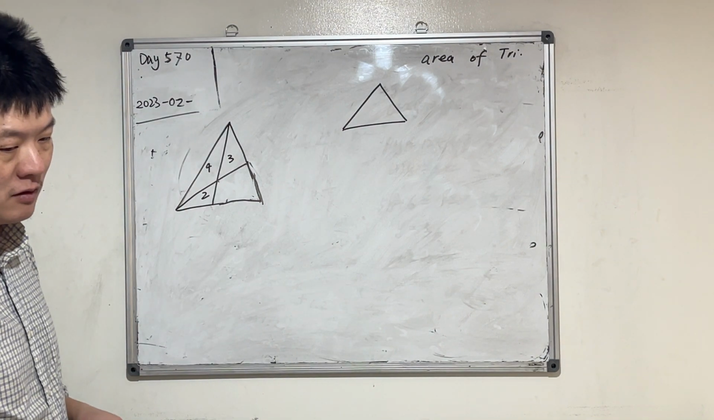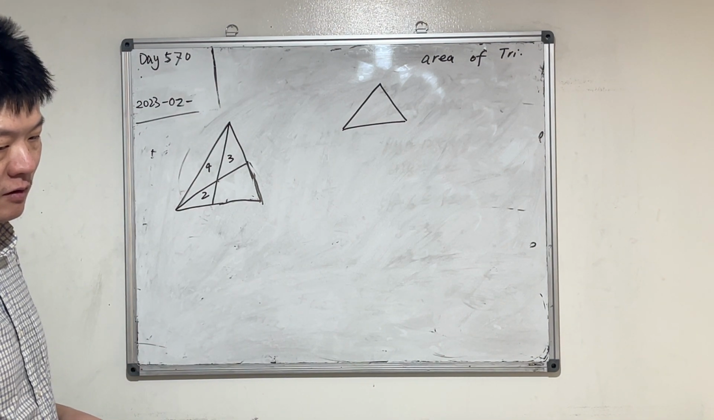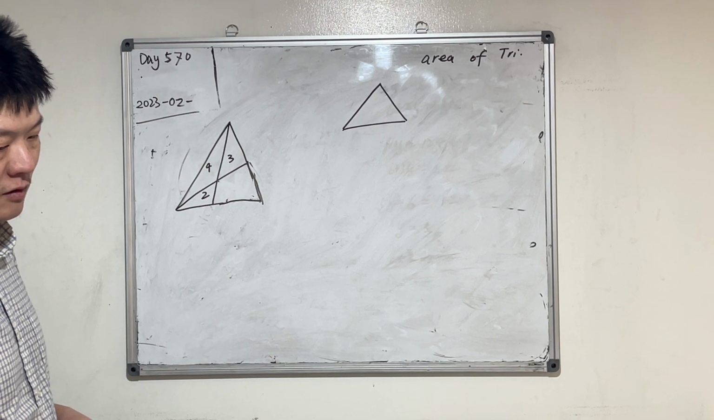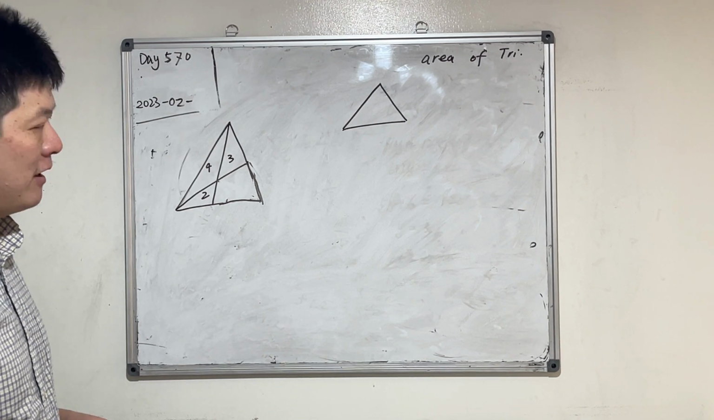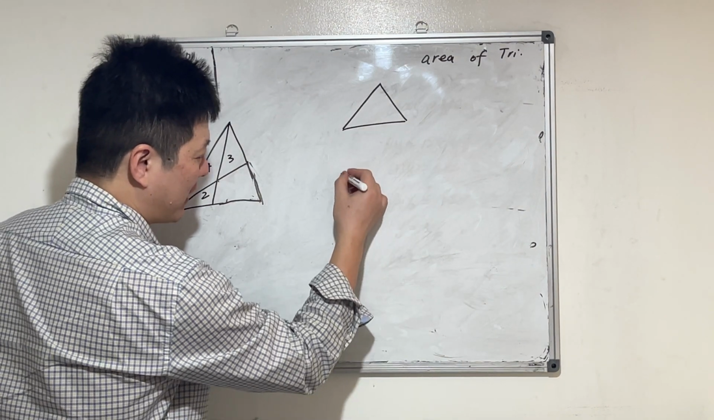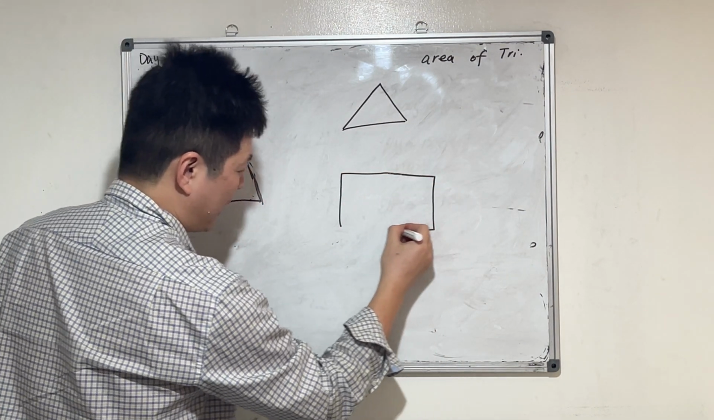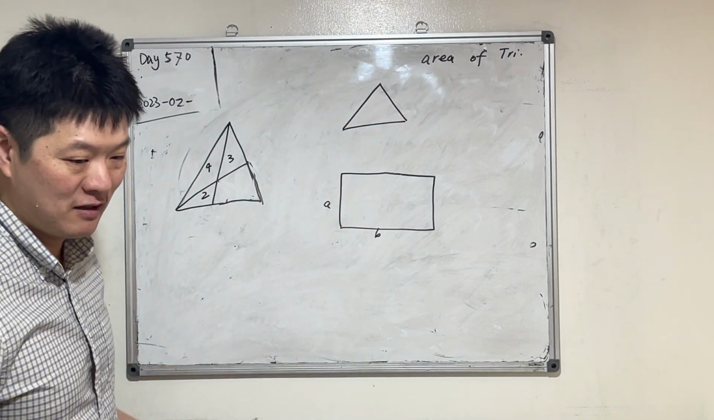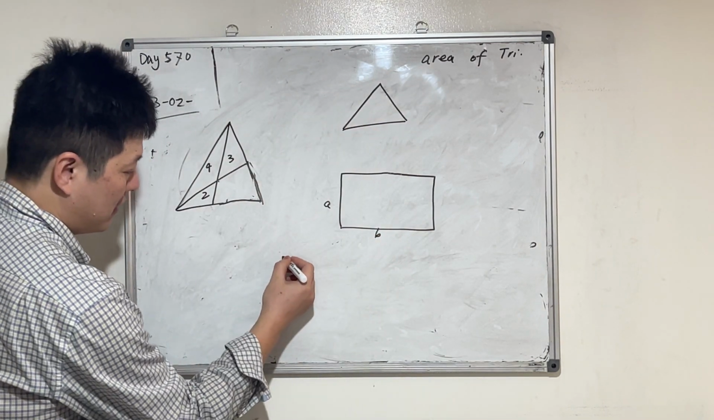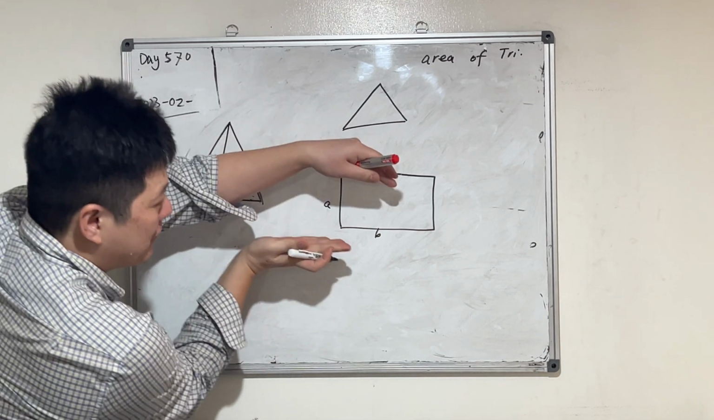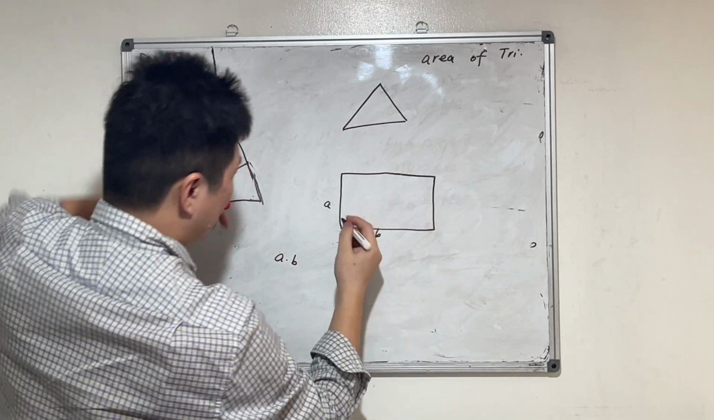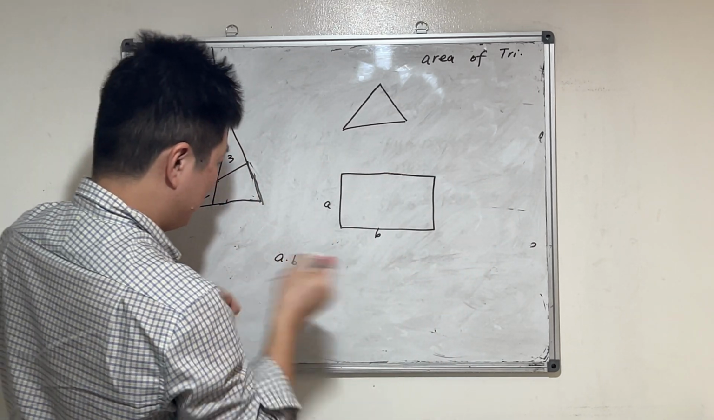So you pretend it's a rectangle and then you multiply the length by the width and then divide. Okay, so let's take a look at this rectangle. If this is A, this is B, what's the area? A times B. But if we tilt it, if we move this, like move it here,